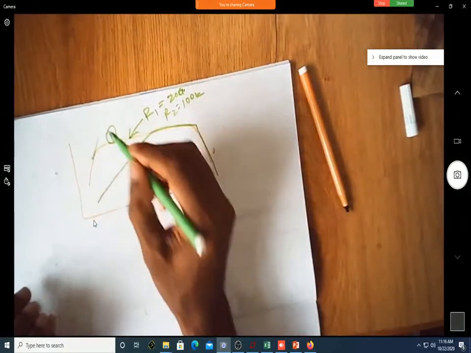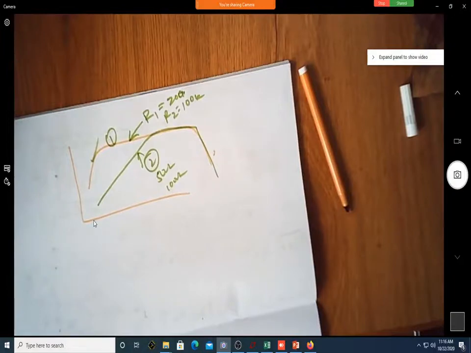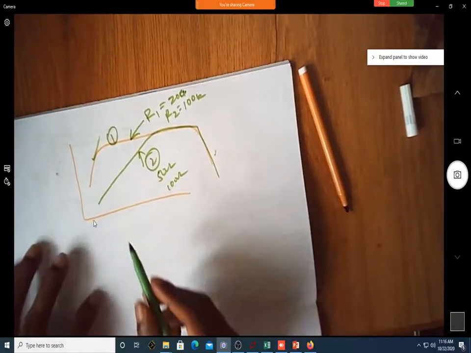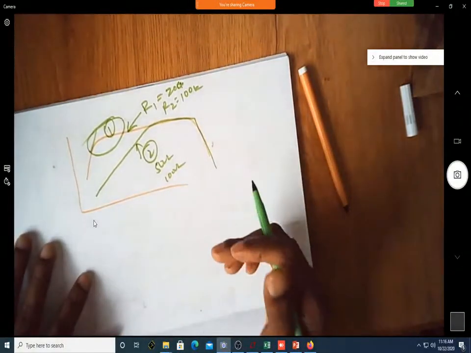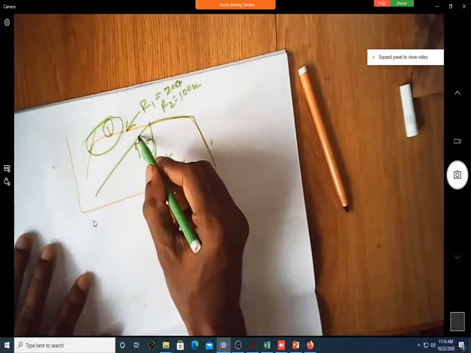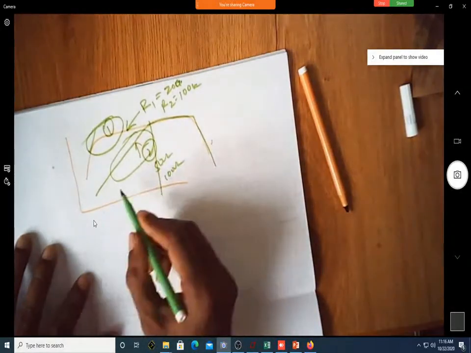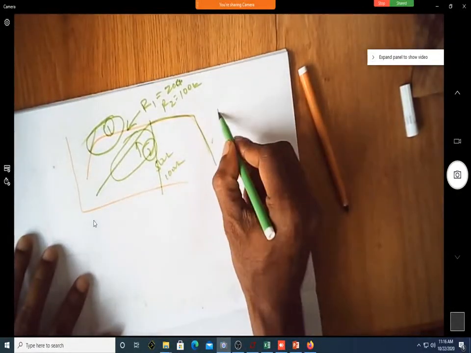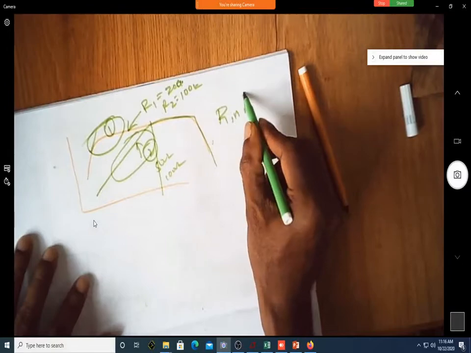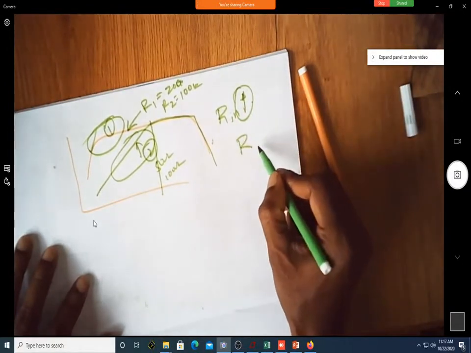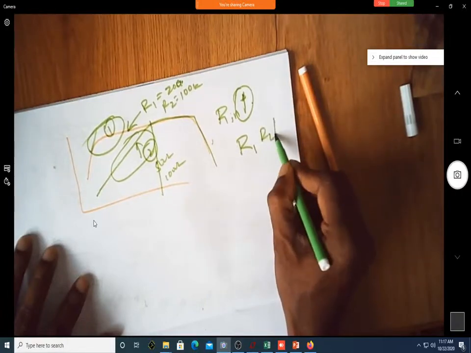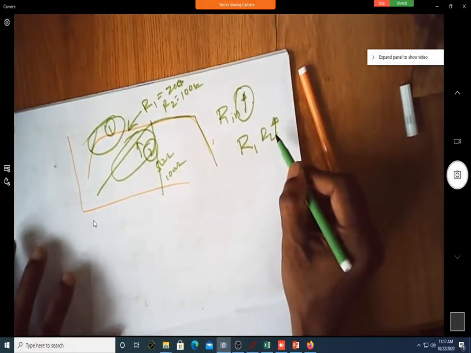Why are you preferring the first one? It covers the maximum frequency range. It covers even the lowest frequencies which you want to amplify. Here it is not so. It is not amplifying the low frequencies effectively. So I want to have R in as large as possible. That is possible only when you assume R1 and R2 are large.